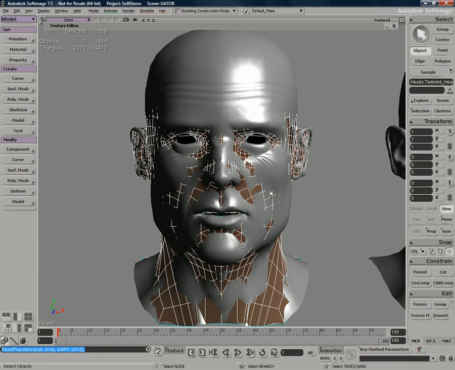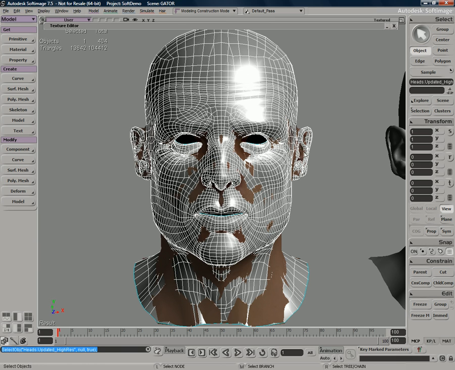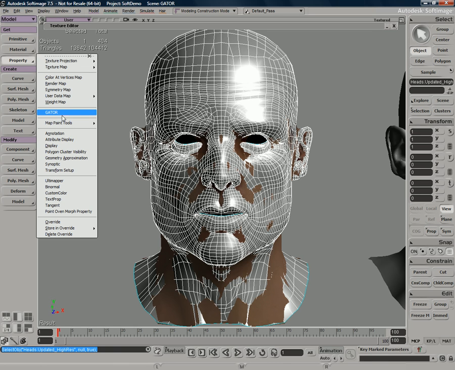Okay, so just zooming in a little bit here now, we can see that we have the two objects, basically one over top of one another. Now, the way Gator works is you select the object that you'd like to receive the data. In this case, it's the higher gray polygon mesh here, and then we're just going to assign a property to it. So I'll say property, and the property is Gator.